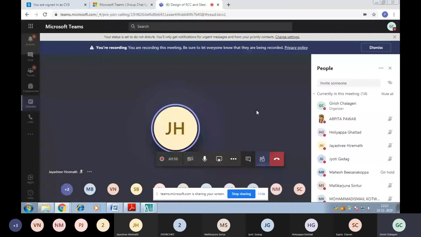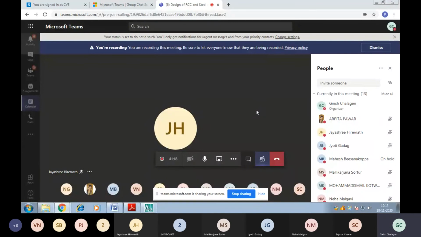Let us do one thing. Today we'll stop here only. You download the SP16 code books. Go through the design of compression members, that is axial load columns with uniaxial bending, so that whatever parameters are there in that, go through that. Take any example from your books, otherwise take an example from that same SP16. Solve it on your own by hand, on your papers, so that you will come to know the parameters affecting the design of columns using SP16. Otherwise, it will not get into your mind. It will become very clumsy.